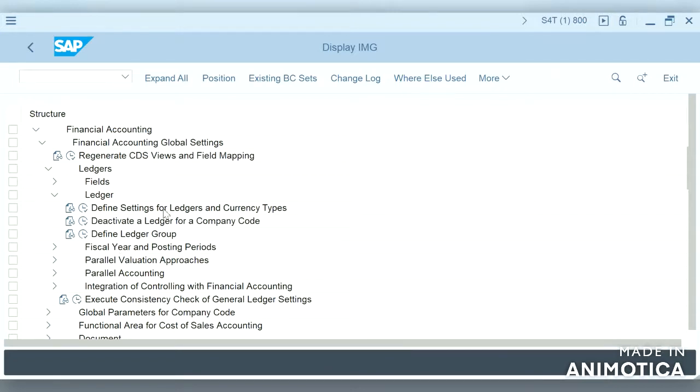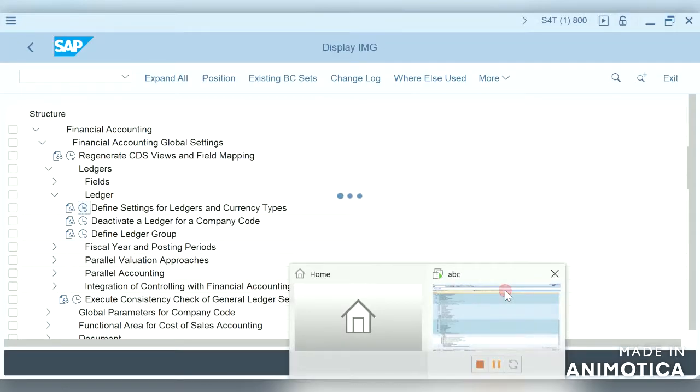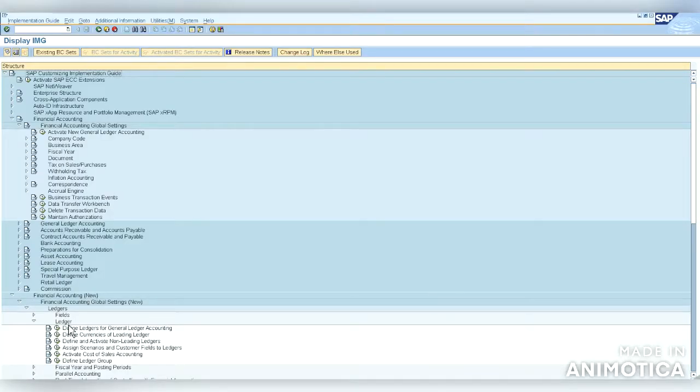So we can see it was a little bit different. In ECC it is Define Ledgers for General Ledger Accounting and Define Currencies of Leading Ledger. It is in two nodes. Let us open and see how both look.